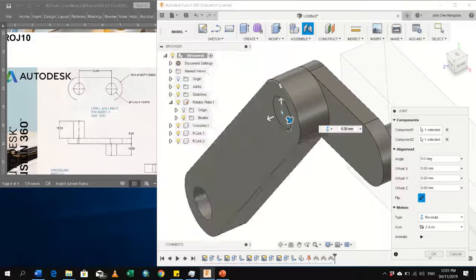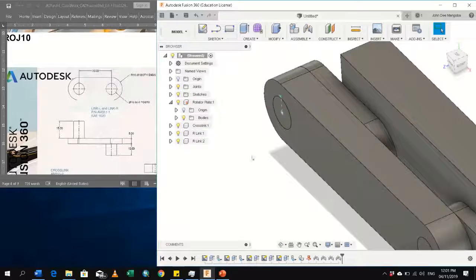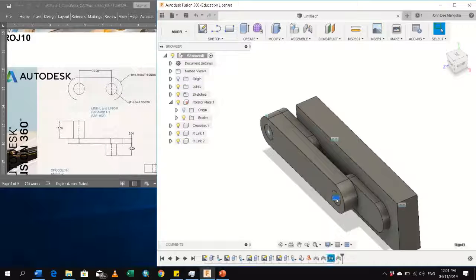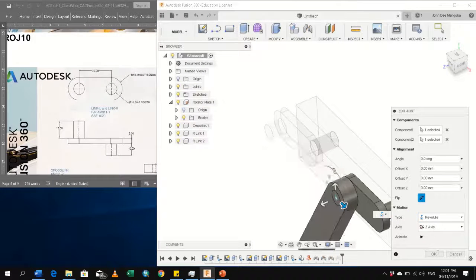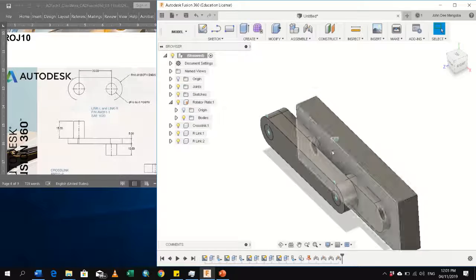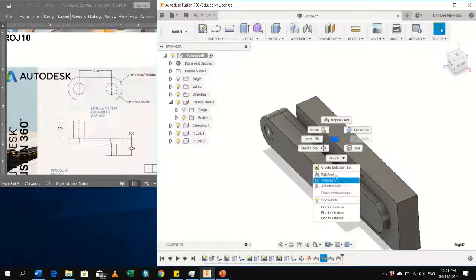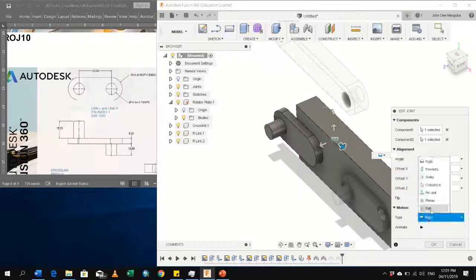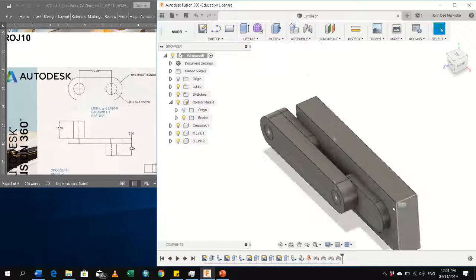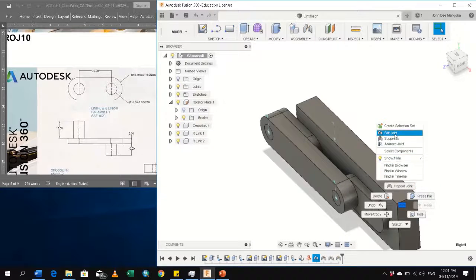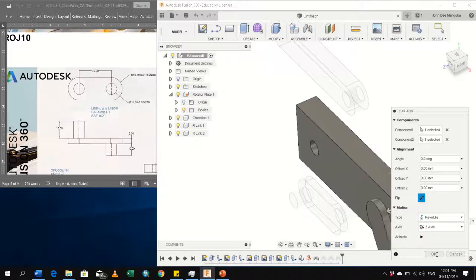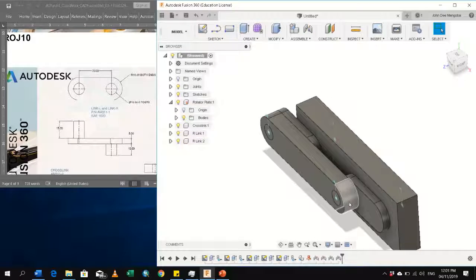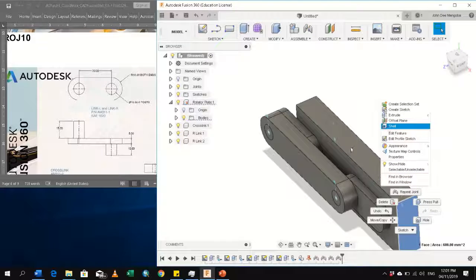Rotate, something like that. Okay, for this one, let's edit. Edit joint and then change it again. Wait. And as the finishing touch,